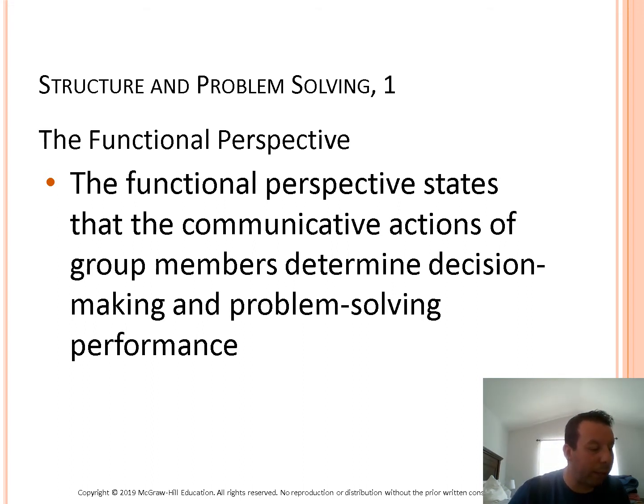So if we're looking at page 233, it actually gives you a really good explanation of the functional perspective. And it basically states that group members are motivated to make the best choice possible. The choice isn't obvious. They have access to the information and other resources they need, and they have the cognitive ability and communication skills necessary for the task. And it really gives you an understanding of what it is. It actually gives you 5 steps here, that the group performs, in 5 fundamental task requirements in order to reach that decision.